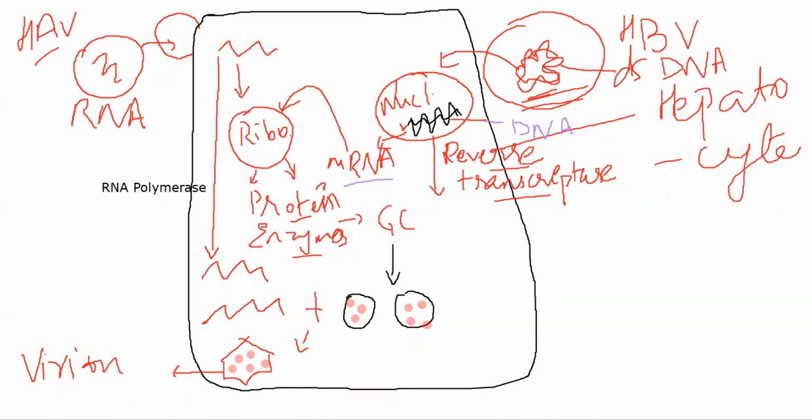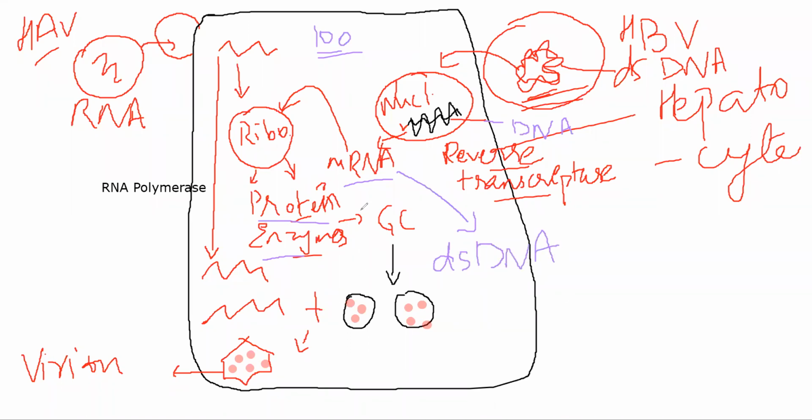Okay. Another thing that will happen is this RNA will be subjected to reverse transcriptase. Some part of the RNA will be read by the ribosome. Let's suppose it is making 100 RNA molecules, some of them will go to your ribosomes and start getting read, wherein it is producing viral proteins and viral enzymes. The rest of them will undergo reverse transcription, wherein RNA will form DNA, and this DNA specifically is viral DNA.